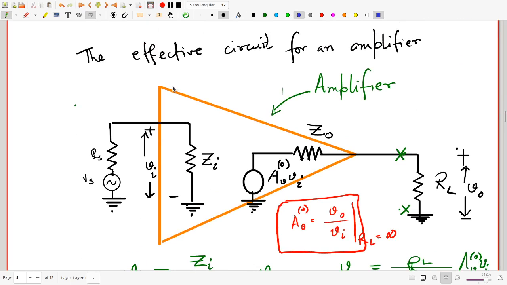Okay, so this triangle shaped thing is a standard symbol which is often used for an amplifier, and it's meant to look like an arrow which points from the input to the output. If you focus on the input side, you have Vs and Rs here, and what it sees is essentially an impedance Zi, the input impedance, and this voltage is Vi, the voltage which the amplifier gets to see. Note that it's not exactly equal to Vs because of the potential division across a series combination of Rs and Zi. On the output side, what RL sees is this controlled voltage source,